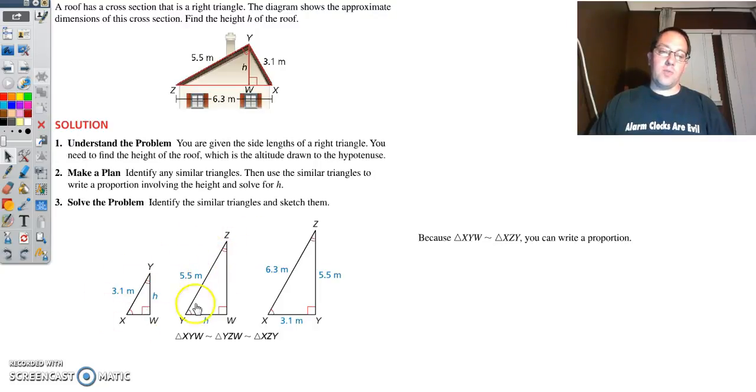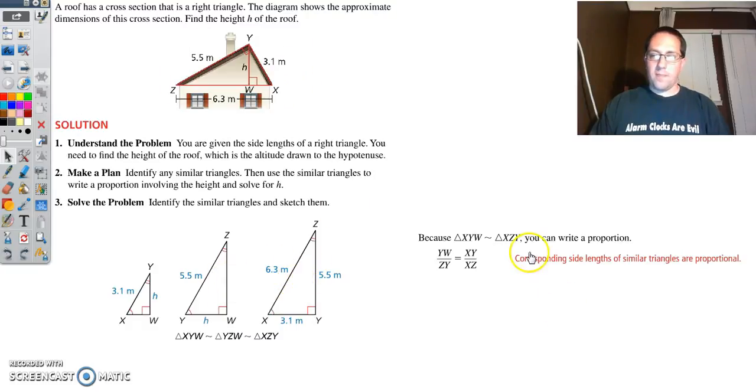Well, it does a little bit, because we can't put these two together, not if we're looking for H. Because H doesn't correspond with H, right? And so that's a problem. But we can use this over here. All right. So here we could use YW, which is right here, or maybe right here, and YZ. Okay, so we're using this one. So we're going to use the hypotenuse and the short leg. That's what we're using. So that's going to correspond to the hypotenuse and the short leg of the original triangle,